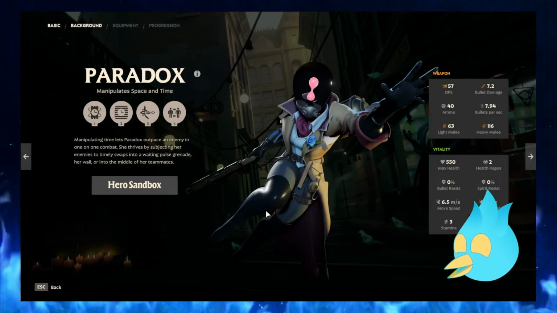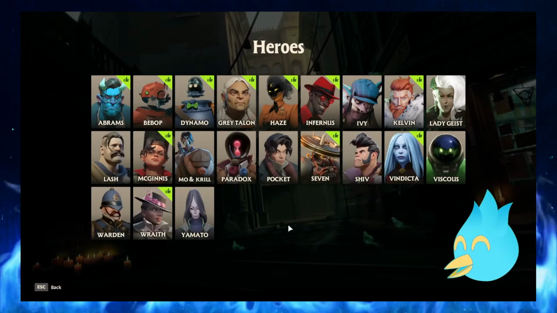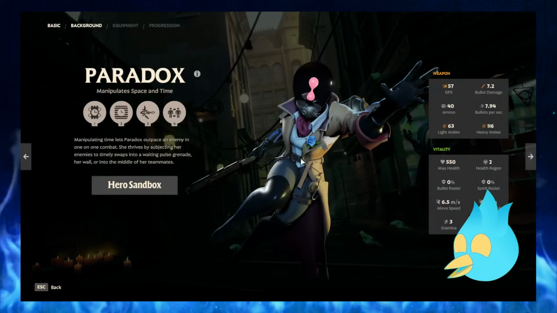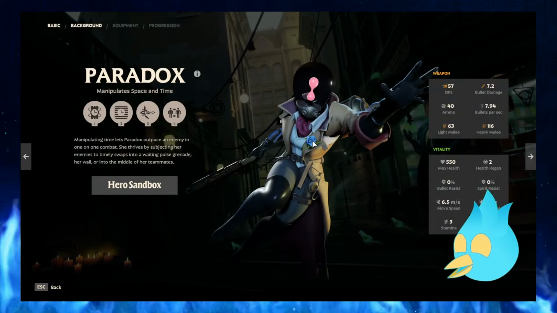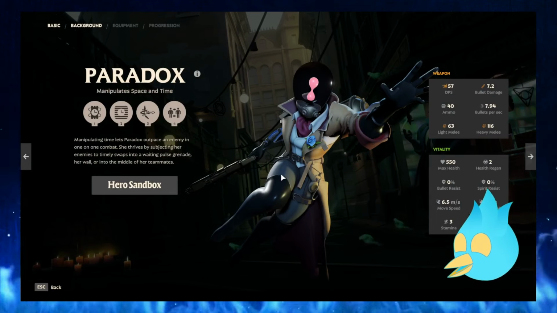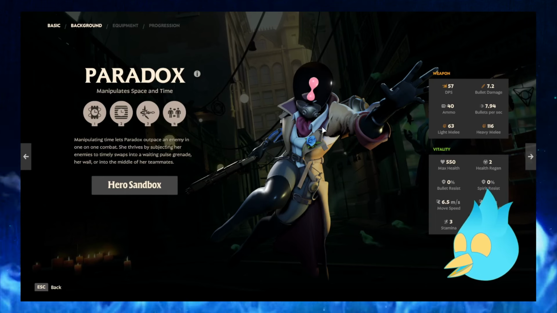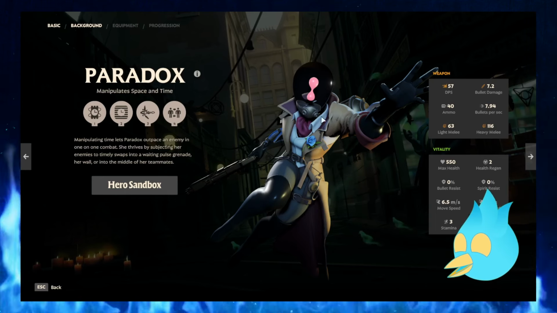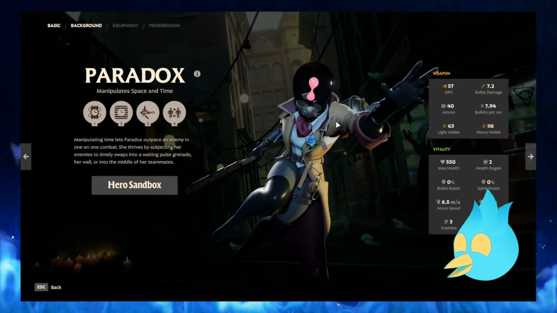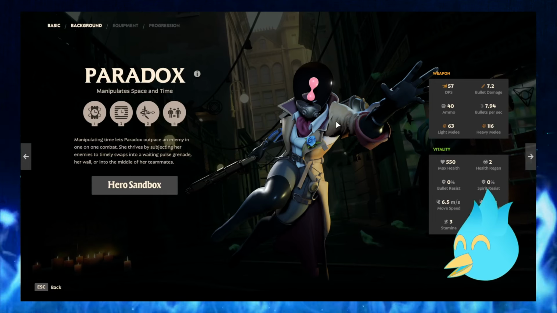Paradox. I'm going to try and start speed running through these because this is taking a while. But, Paradox, very clearly some kind of rogue-style character. They've got some kind of, maybe not necessarily stealth, because they're clearly not hiding who they are based off of the character design. But they clearly are going to do things that kind of mess with you in some